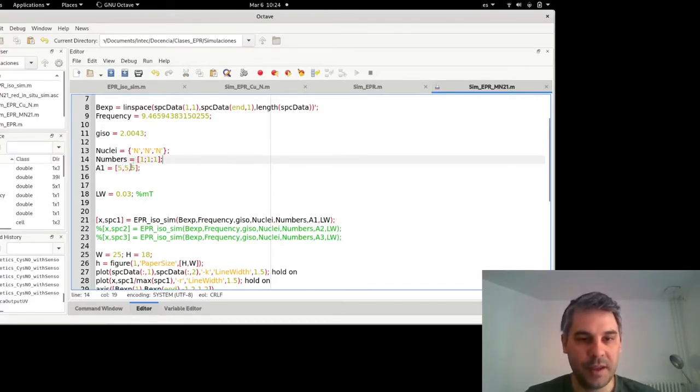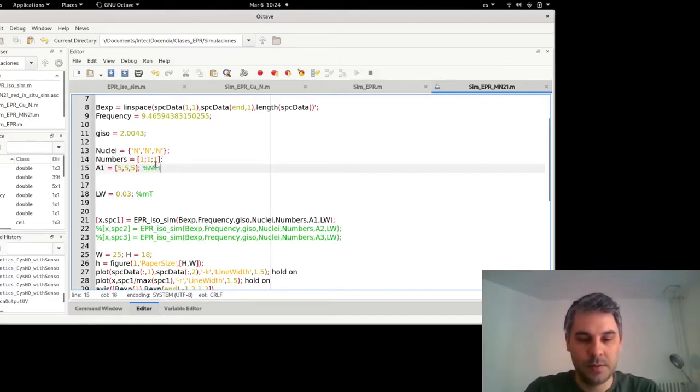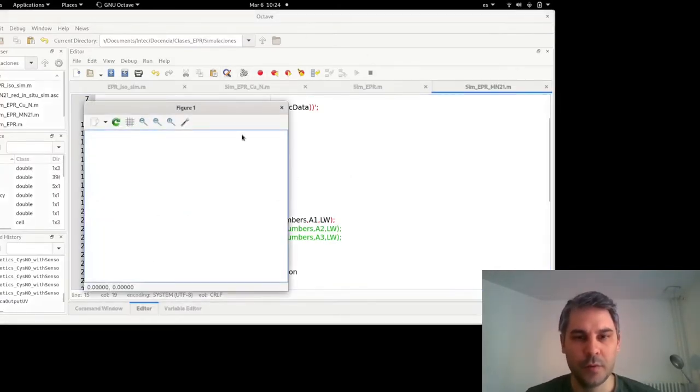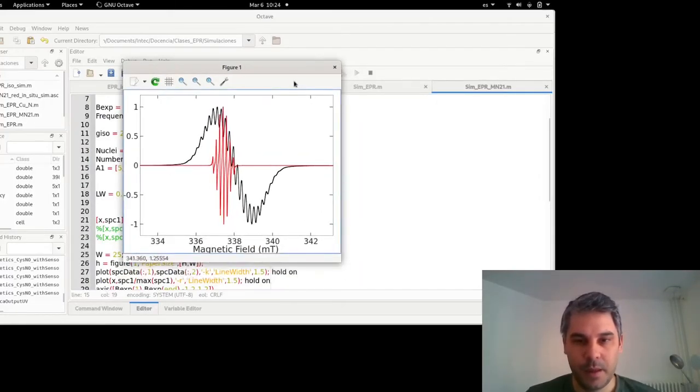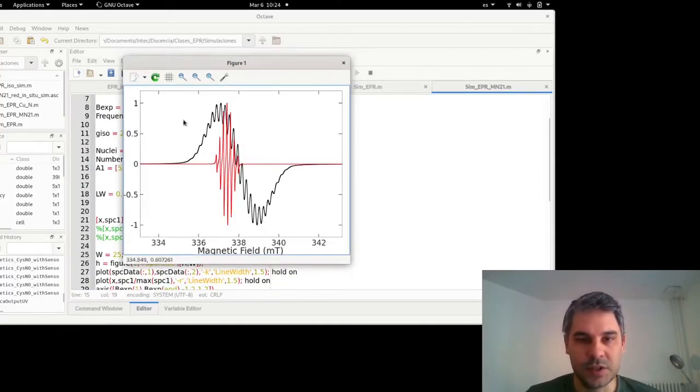So we have 3 equivalent nitrogens, each with 5 megahertz. So this is in megahertz always. If we run this, we see that it's not enough. We are not describing all the resonances in the spectrum,